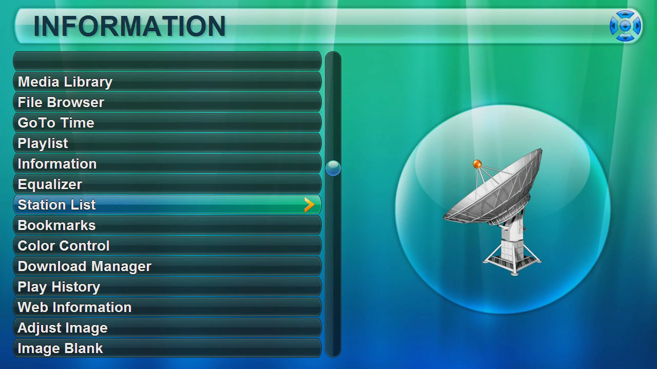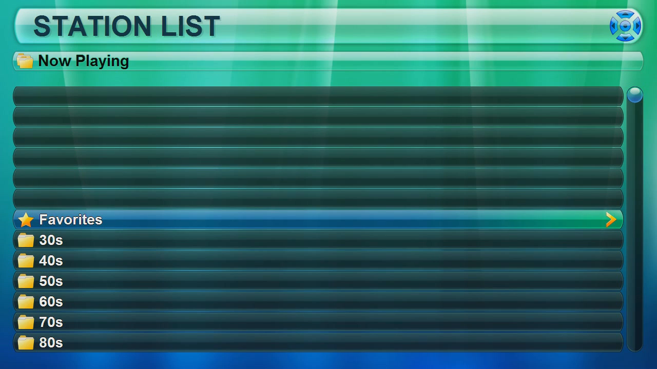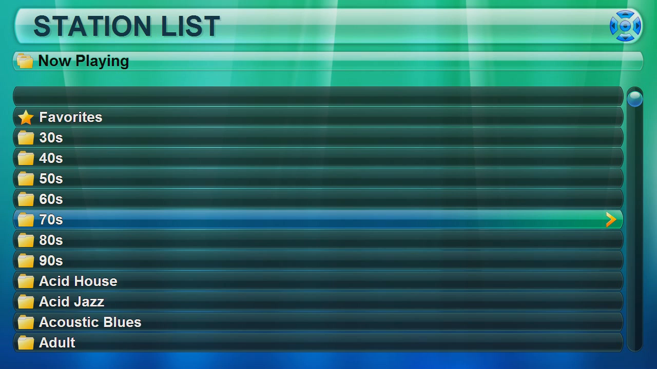Next, you have the station list. This is for streaming content, either audio or video. This interface is a little bit different than what you may currently have. This is part of the next version, either 7.5 or version 8, depending on how many features we'll put into it. You have the favorite section, and these are all